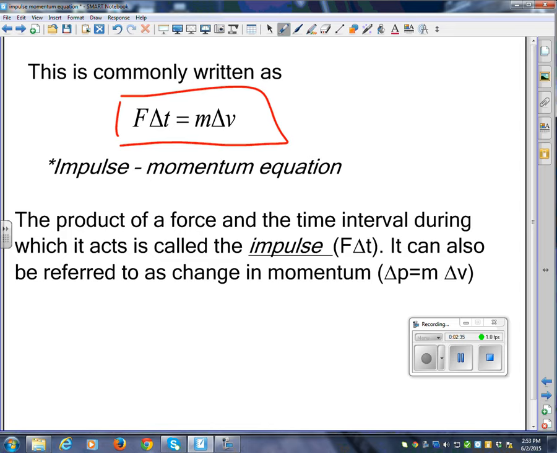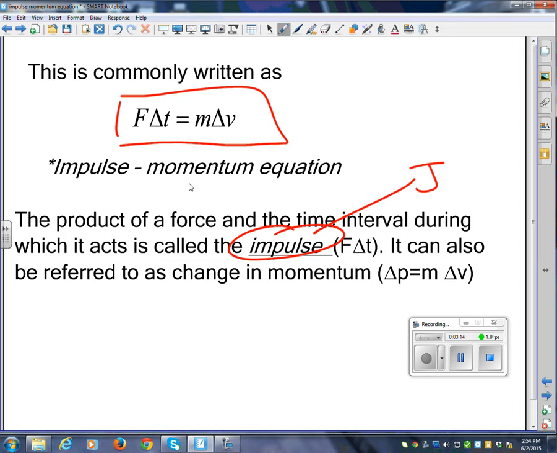I like to call it FAT equals math. F delta t looks like an A, F-A-T, FAT equals math. Impulse on the left, momentum on the right. Okay? The product of a force and the time interval during which it acts is called the impulse. And we use the letter J, not joules, the symbol J, for impulse. J is impulse, F delta t. It can also be referred to as the change in momentum. So that's why it's called the impulse momentum equation, because the impulse creates a change in the momentum,